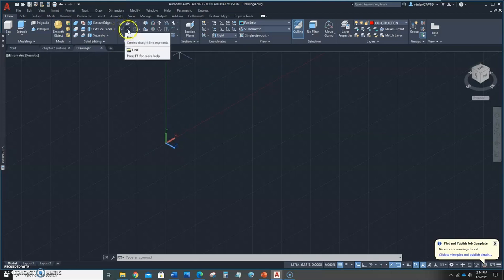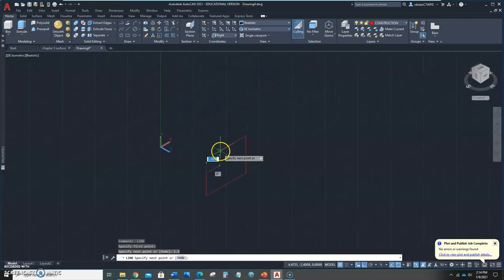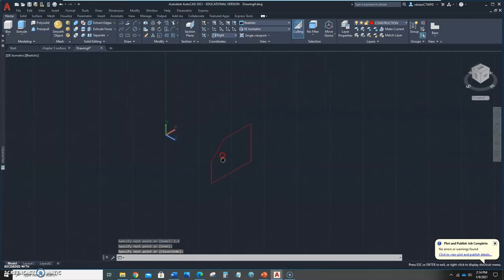So I'm going to start drawing my lines. I'm going to start here, at 0,0, and start a line. I'm going to put my F8 on, and I'm going to go over 3 inches. I'm going to go up 2.5 inches. I'm going to go straight across this way 2 inches and hit enter. Draw a line straight up, and that is going to be 1.5 inches. And then I'm going to connect the dots right here. So I have this basic shape right here, which is the back part of that